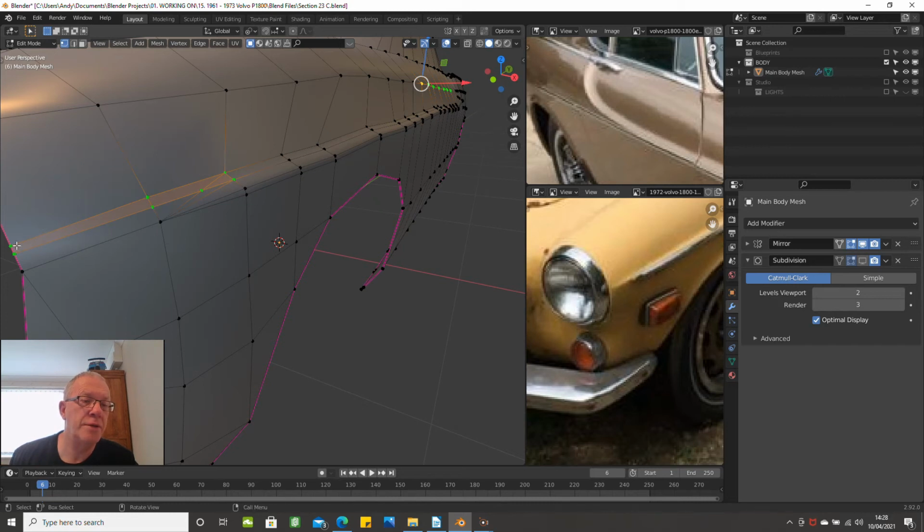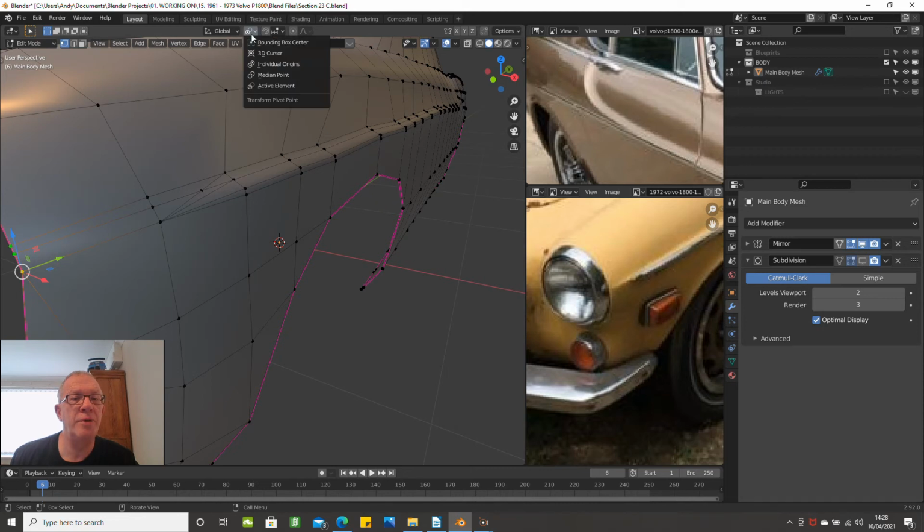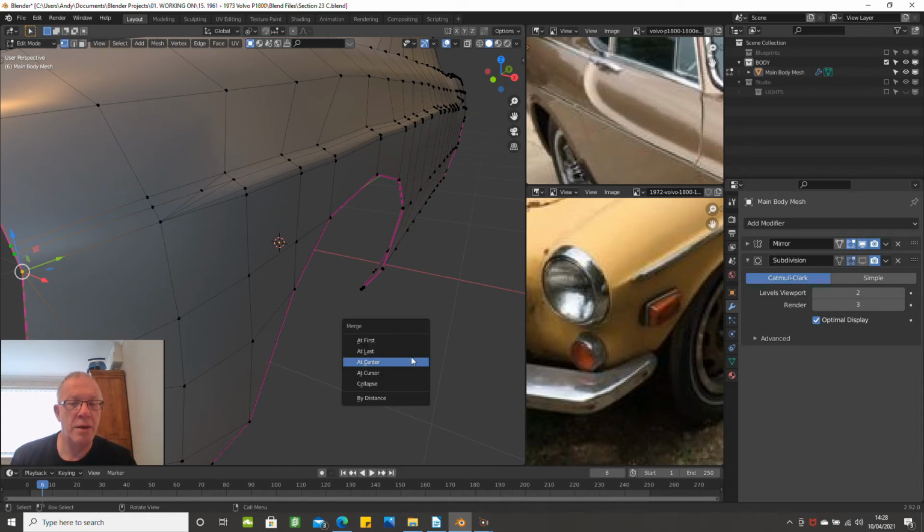and this and this. So choose these two first, then this one last. Make sure that active element's on. No, we don't need active element. Press M and merge at last. Okay,